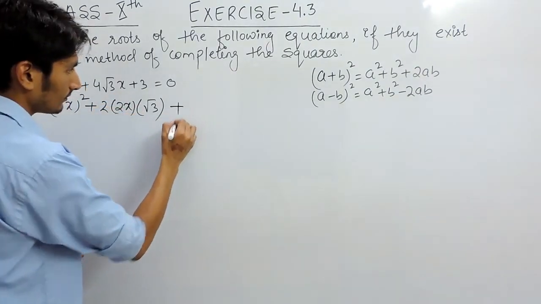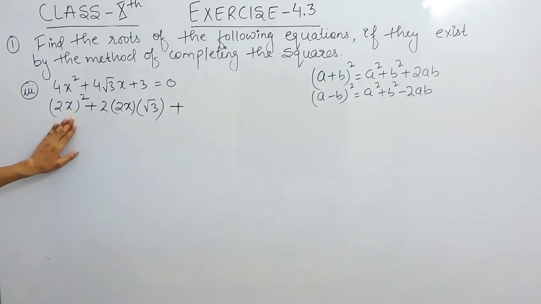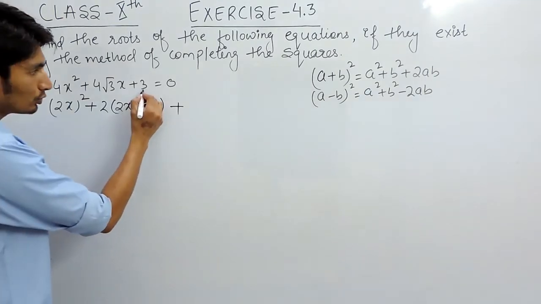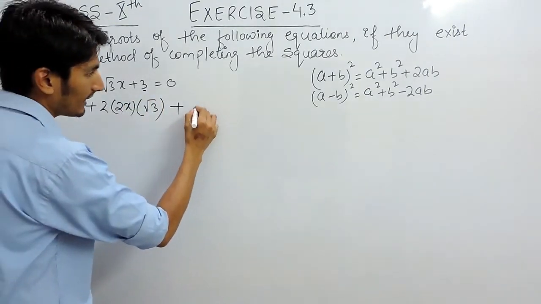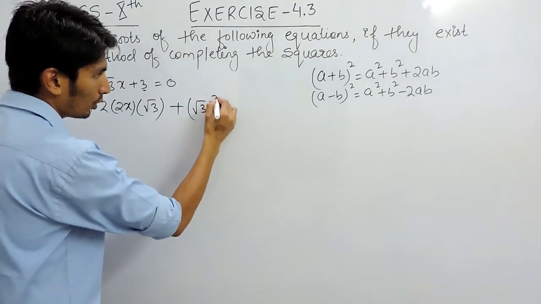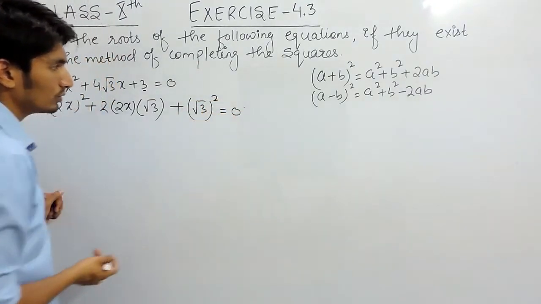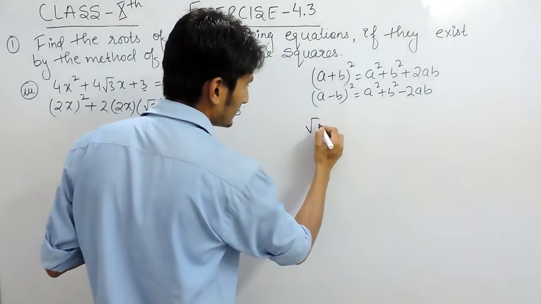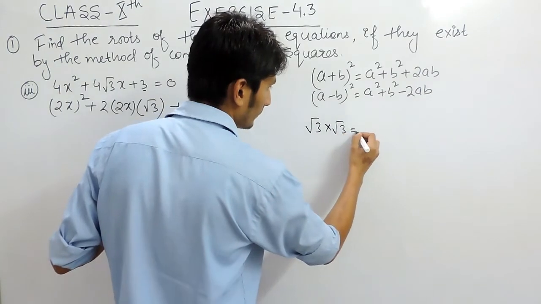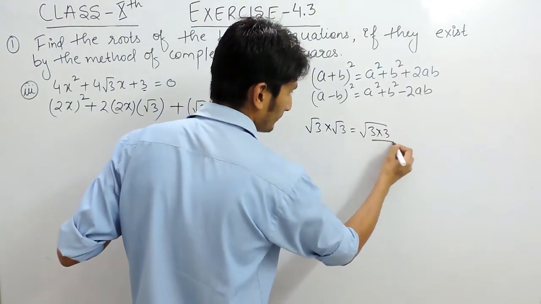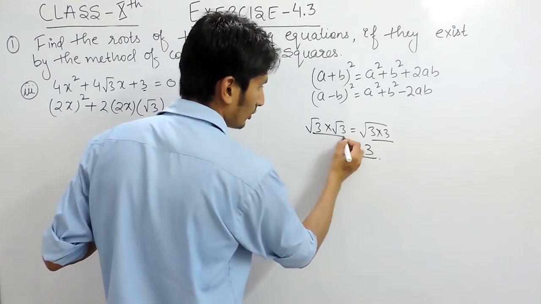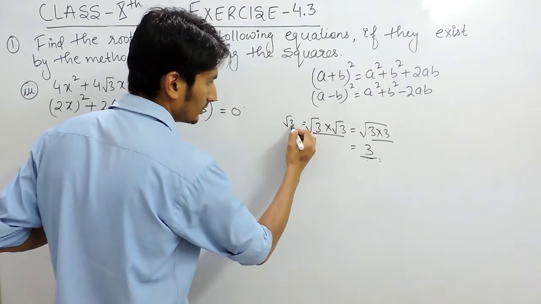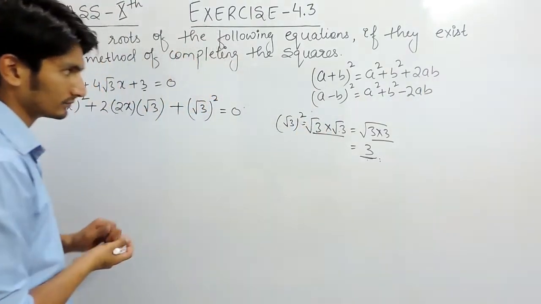And we know that we have a square plus 2ab plus b square, and our b is root 3, and this 3 can be written as root 3 whole square. This is equal to 0, because root 3 whole square basically means root 3 multiplied by root 3, which is 3 into 3 and one pair will be taken out. So the value of this is basically 3. So in place of this we can write this, and this is nothing but root 3 square.